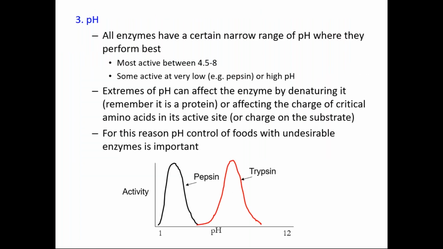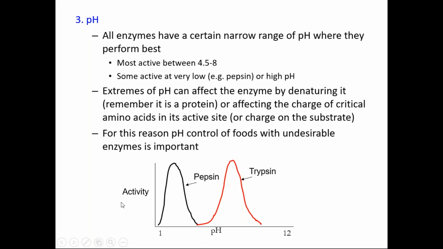The next parameter, which is very important for the enzyme, is the pH. The effect of pH is drastic on the activity of the enzyme, because the enzyme is made up of different amino acids, and the mechanism of action depends on the state of the amino acid at the active site, whether it is protonated, whether it is deprotonated, or whether the guanido group has got NH plus. Most of the enzymes have an optimum pH between 4.5 and 8.